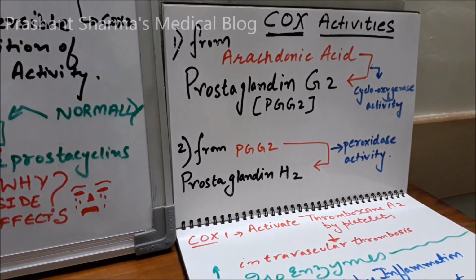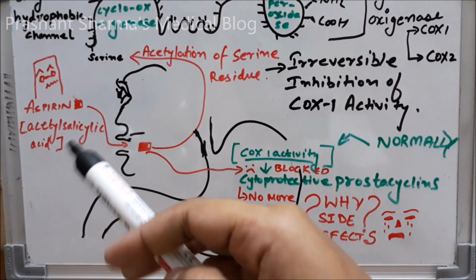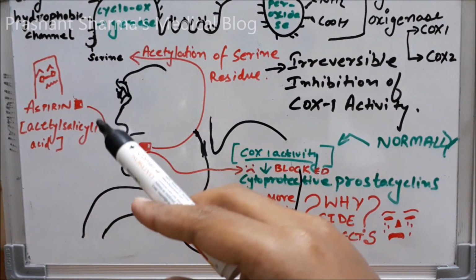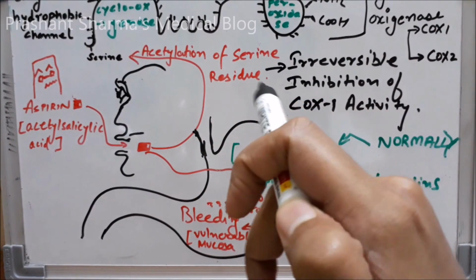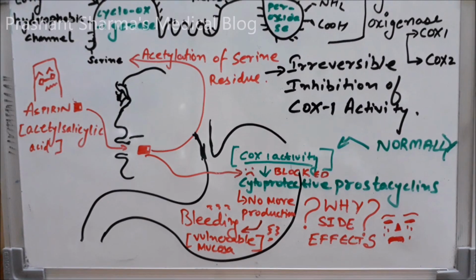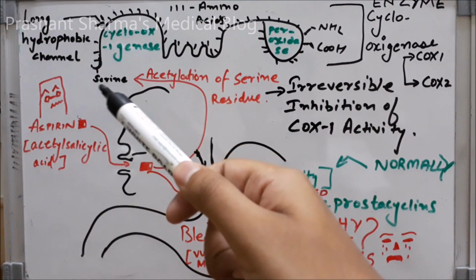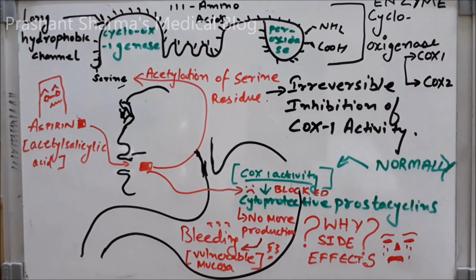These are all part of the inflammatory or thrombotic events taking place in the intravascular compartment. So we need to control this externally with the drug known as aspirin. Aspirin is acetylsalicylic acid, you know it better. So acetylation, what does it do? It acetylates the serine residue, causing irreversible inhibition of COX-1 activity. That is to say, on this long hydrophobic channel where cyclooxygenase activity takes part, we have a serine residue here. Now aspirin acetylates it, and therefore inhibits its activity.